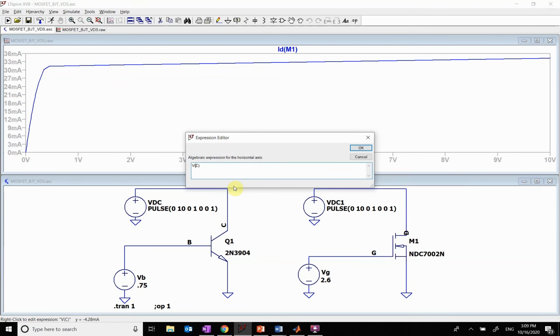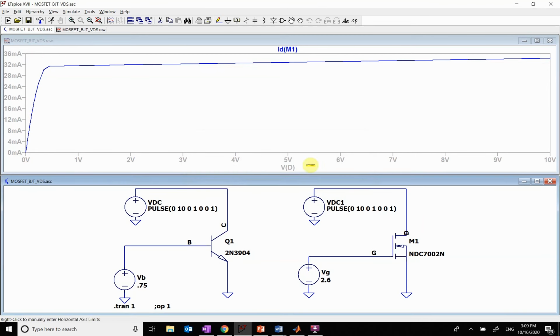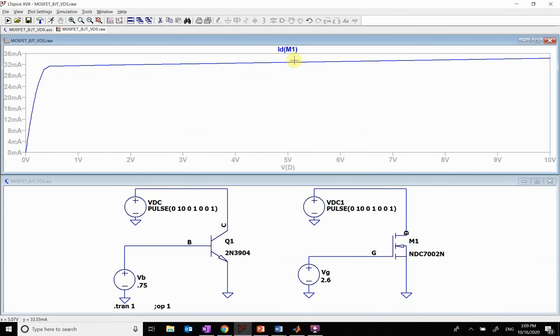Okay, now let's go over here and look at our MOSFET. Change this to D for my drain. Okay, and it looks fairly similar. So here is my active regime where I have a small slope. I still have the early voltage, but rather than calling it early voltage, they call it channel length modulation. So instead of using VA, they use 1 over VA, which is called lambda. And then this regime right here is my triode. You can see it's a little bit wider than it was for the BJT, but these shapes look very similar. So most of the stuff that I did with BJTs, I can do with